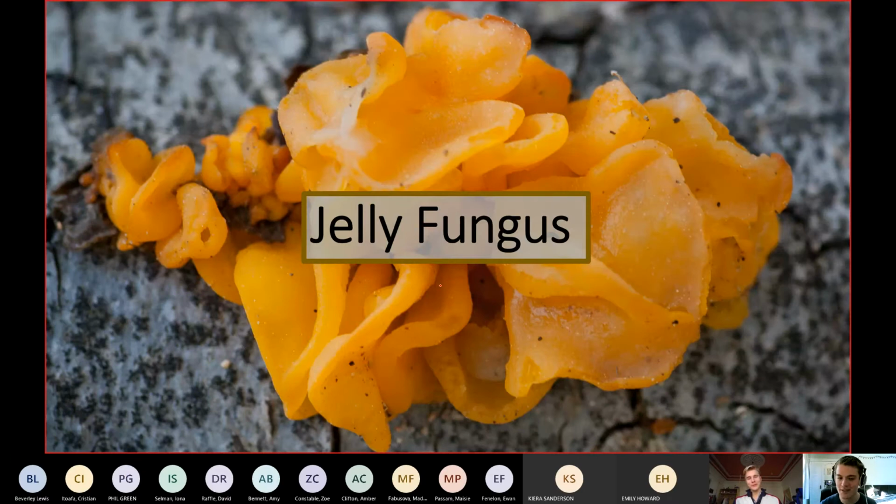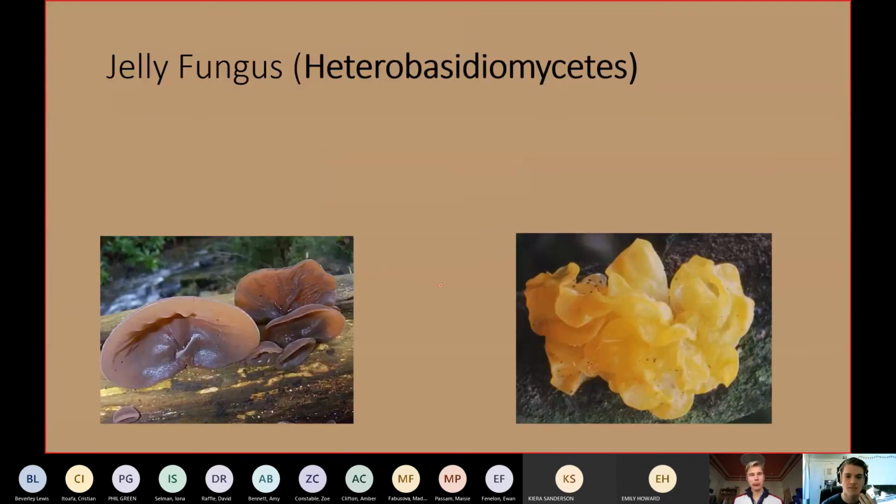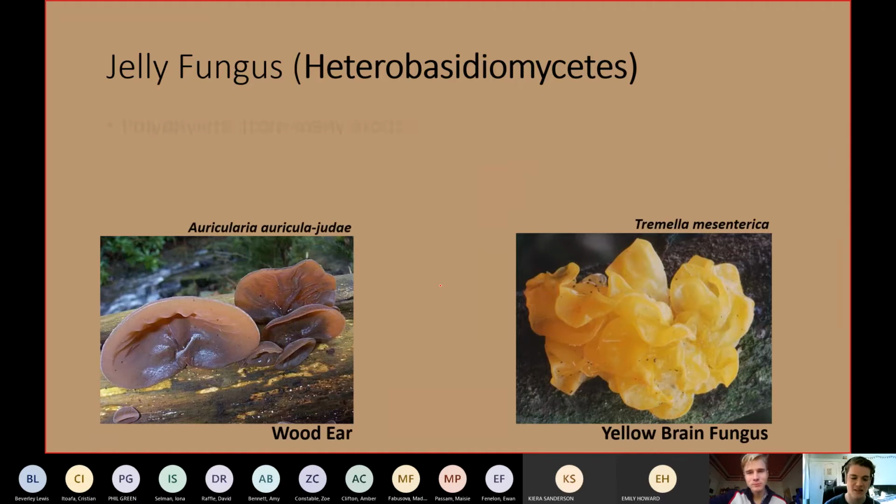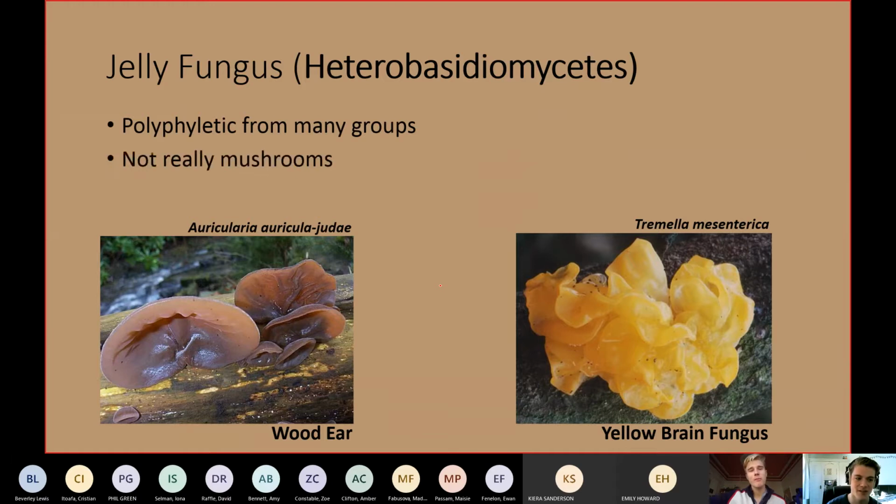These are 2 little groups that I thought I'd throw in. I'm not going to go into much detail because, again, super polyphyletic, a lot of stuff going on. So these are the jelly fungi, or I'm not even going to try and pronounce that. These are the gooey ones. They're not really mushrooms, but they're the gelatinous and wobbly ones, like this ear fungus or this yellow brain fungus, wobbly